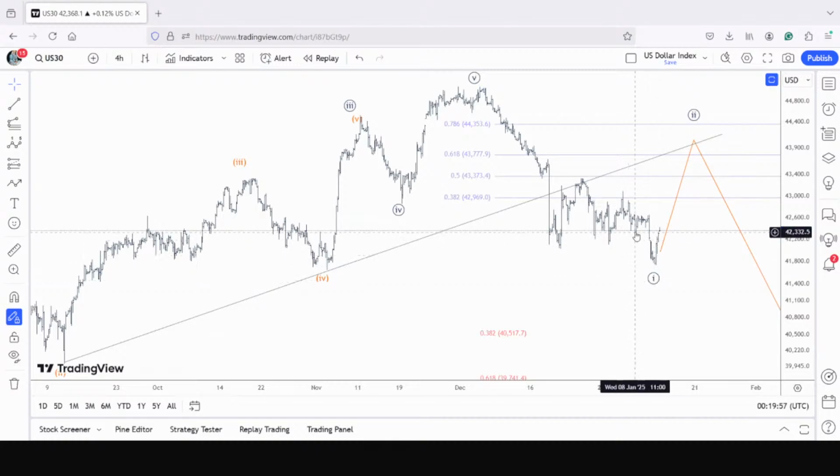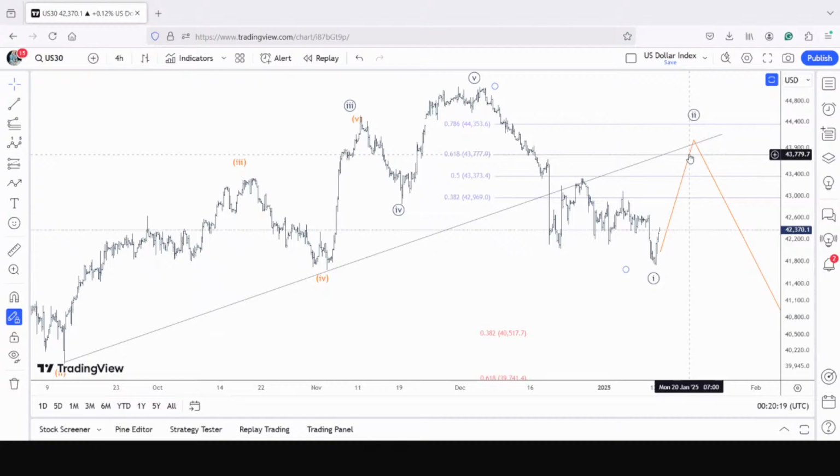Still, if a diagonal is unfolding, that could still be wave 4. But if it is not, if the 5 waves are complete here, then we are looking towards higher levels, possibly towards the 38.2% as the first one. That's around 42,900, and the 61.8% is around